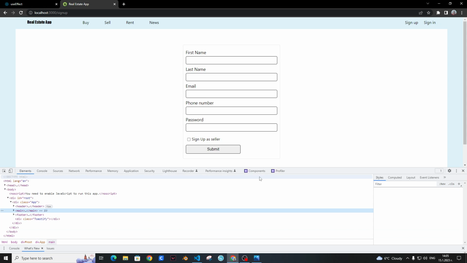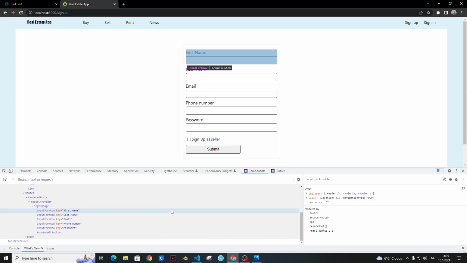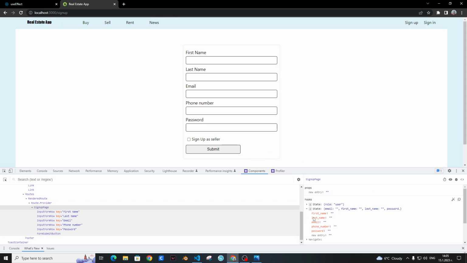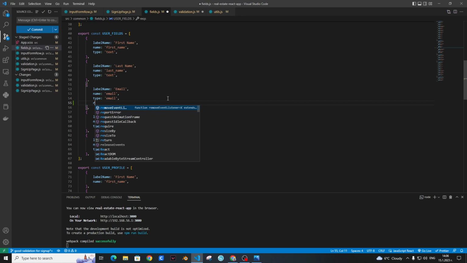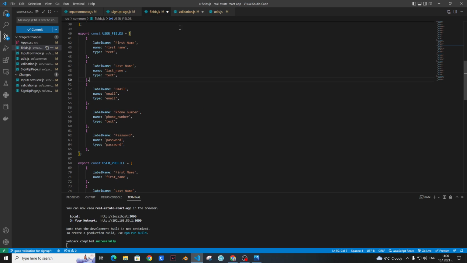I will open the component, and to see the state here you can see first name, last name, all keys which can have errors are here. Required fields, of course, in future maybe some of them will not be required, and then we have to add more logic. For example, here we will extend the logic, we will add required. Of course, I will show this in my future videos